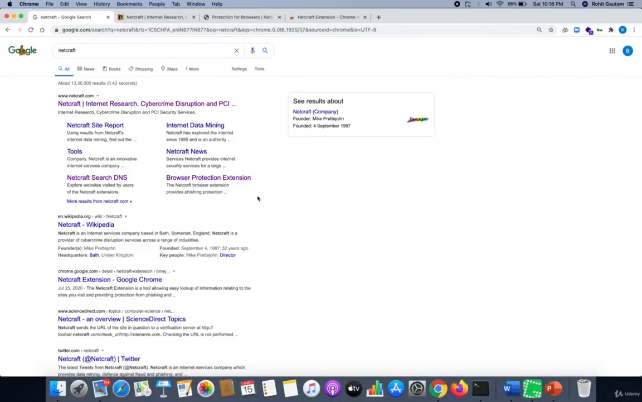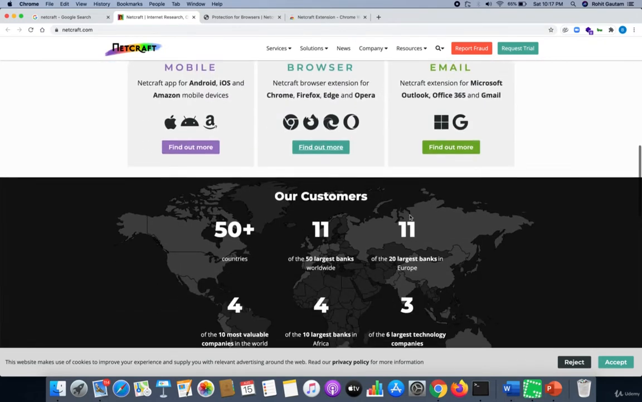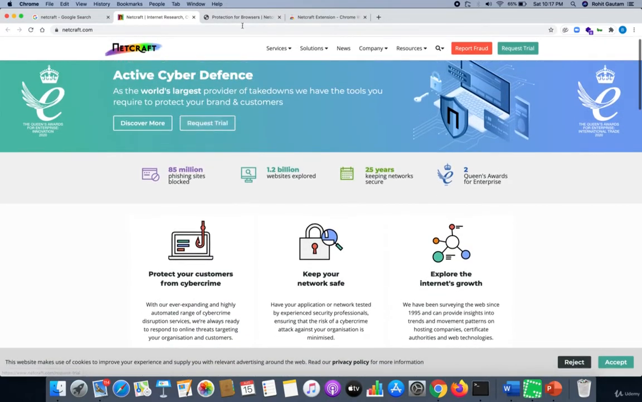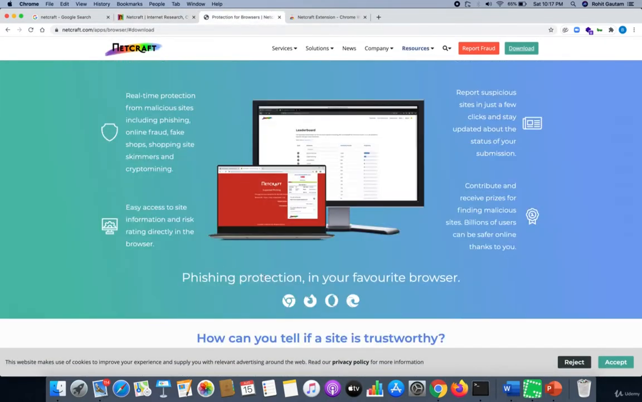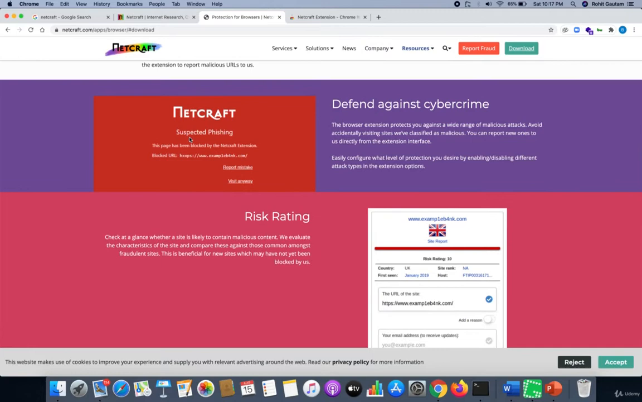So you need to go to the browser and search for Netcraft. After you search for this, you will be able to see the first result. Once you are on the first result, you can see active cyber defense, world's largest providers of takedowns, and a lot more information over here. So the first thing that we are going to do is go to protection for browsers. You just have to go to apps, browsers, and over here you can see they alert you about